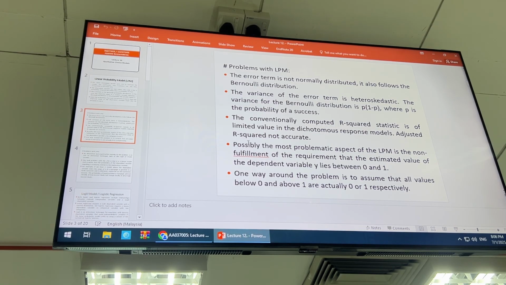Because our dependent variable is a dummy variable, 0 or 1, we want the expected value to be between 0 and 1. Remember, the expected value means the fitted value. When you estimate, you get the y hat fitted value. So the expected value